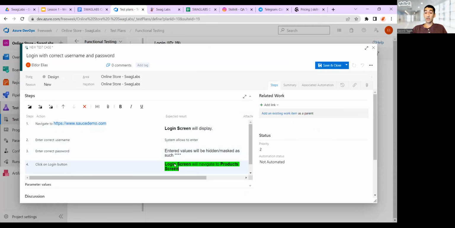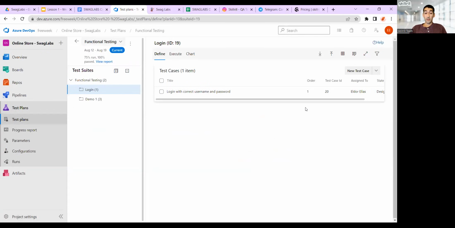Let's put that. That's it. So your test case is basically complete, right? We just took the requirement and converted it into a test case. We have the test case name, the actions, and the expected results. Looks simple. Now save and close.